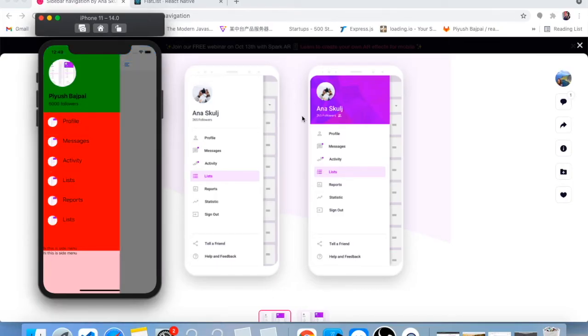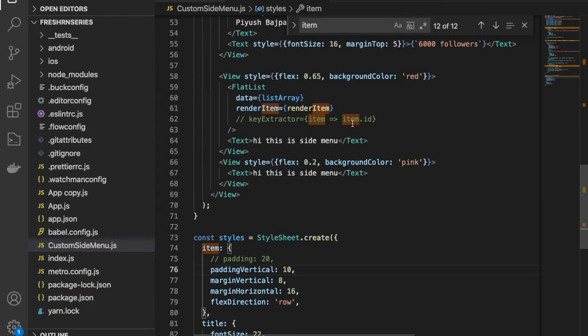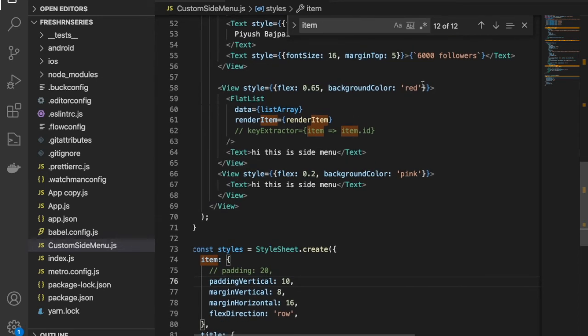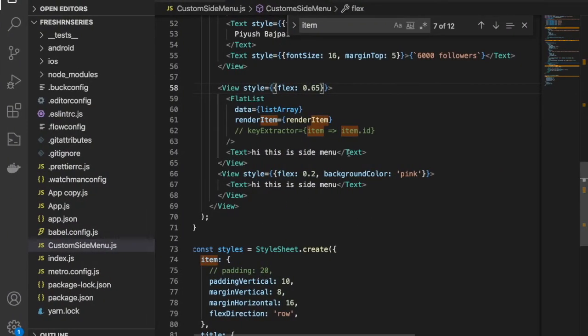Fantastic. Now this looks fine. I wanted to reduce the background color first. Okay, this looks fine. Fantastic. Now what I want to do is remove this extra text first.